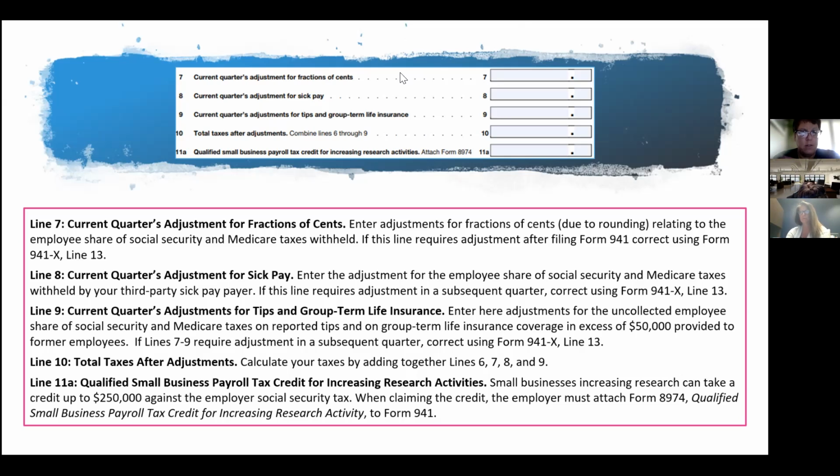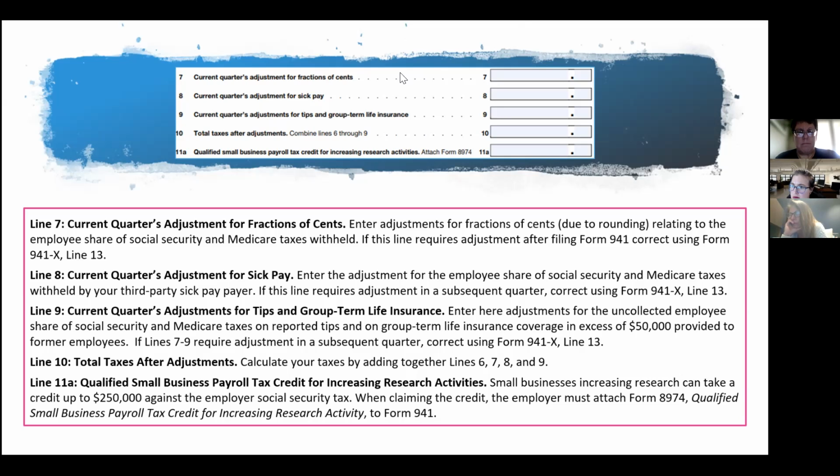Same thing with the quarter adjustment for tips and group term life insurance. This is a negative adjustment here for uncollected employee share of Social Security and Medicare taxes taken on reported tips and on group term life insurance coverage. Now, this sounds kind of crazy. Why would it be a negative adjustment? So you have an employee that quit maybe the first of the month. And most of the time you have like,